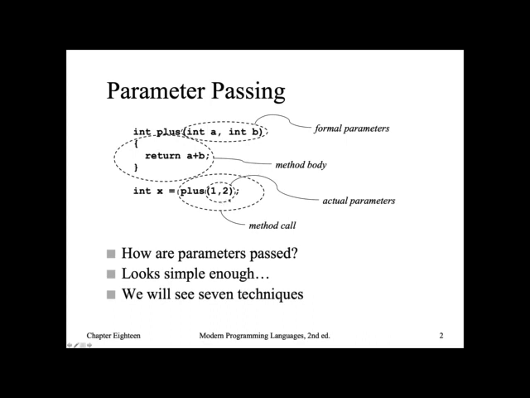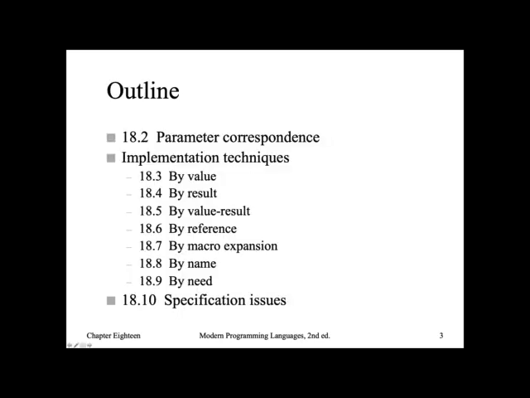Okay. You've got to get your head around these terms just a little bit, because to me, formal and actual aren't a big enough separation conceptually. But I think it makes a little sense if you think of formal as being definitional and actual being what we're really going to hand in. The fundamental question of parameter passing is just, well, I've got stuff, I've got to hand it in. But it turns out that there are 7 different implementation techniques, ways of doing